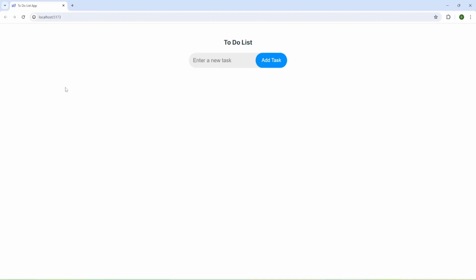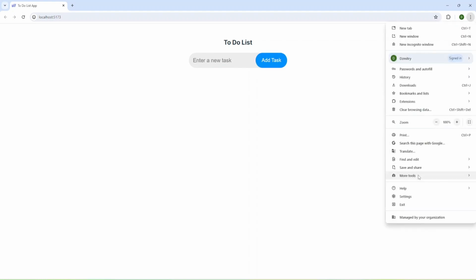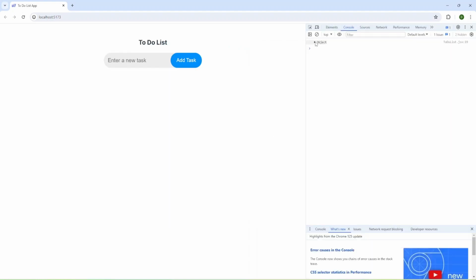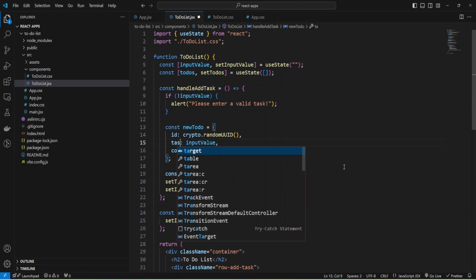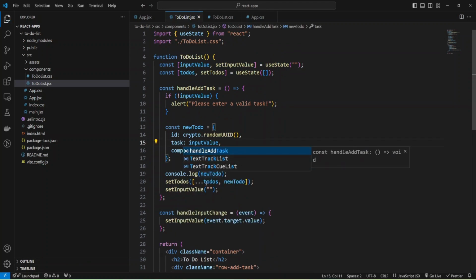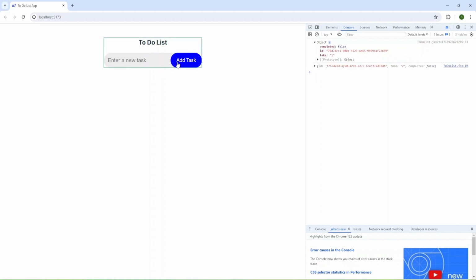And let's check. I'm going to refresh it, add a task, and open my developer tools. We have an object: completed false, ID generated by the crypto library, and we need to change the name to task, and let's try again. And what we have: ID, completed false, task, and for the third.